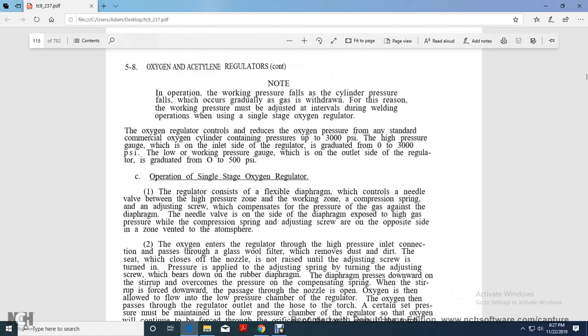Note that in operation, the working pressure falls as the cylinder pressure drops, because the gas is withdrawn gradually. For this reason, the working pressure might need to be adjusted at intervals during the welding operation when using a single-stage oxygen regulator. The oxygen regulator reduces the oxygen pressure from a standard commercial oxygen cylinder containing pressure